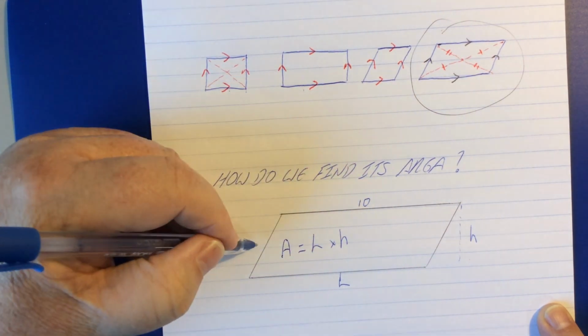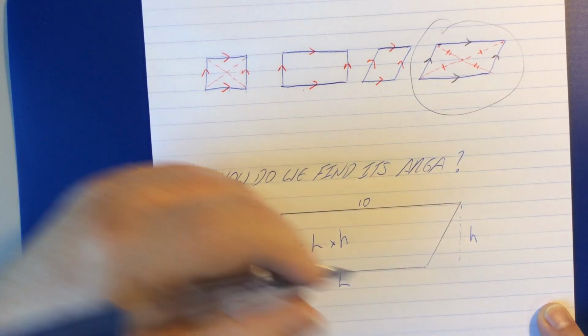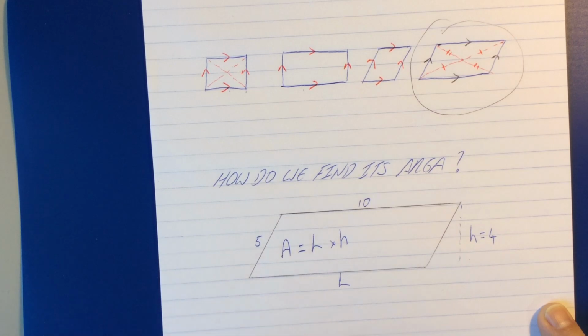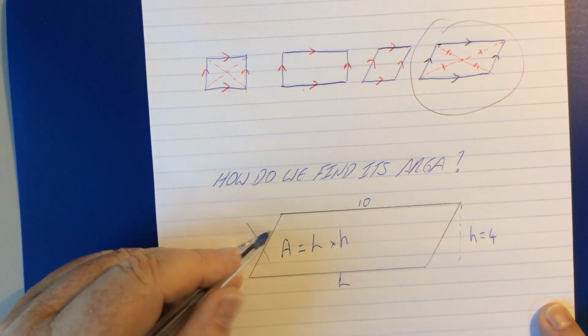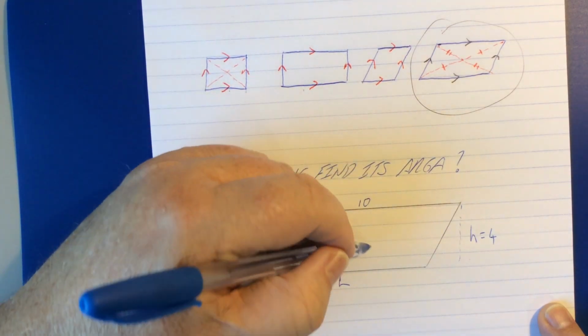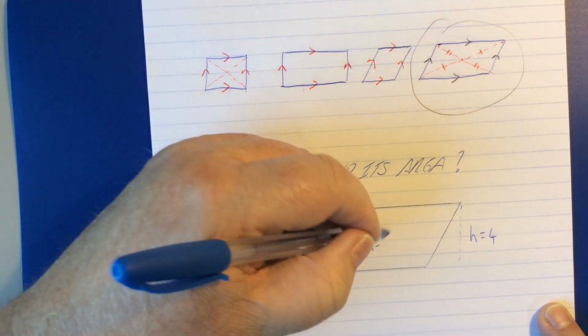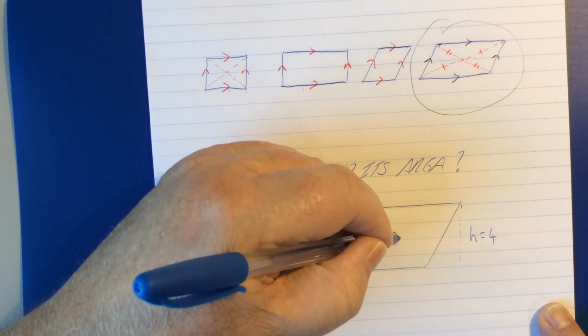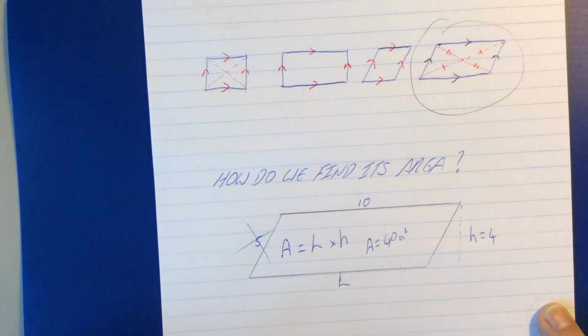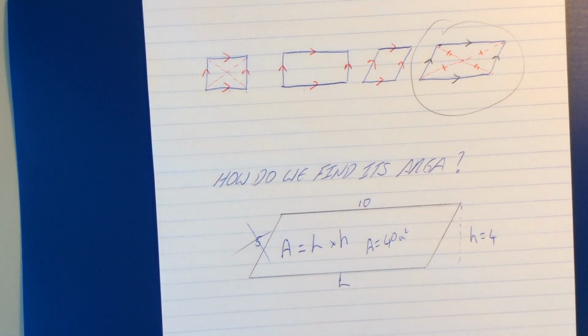So let's take some numbers. 10, 5, and we'll say that the height is 4. So we use this number and this number, not this number and this number. So we're not interested in that. So very simply, the area of this is equal to 10 times 4, which equals 40 units squared, because we don't know what units we're using here. And that is a crash